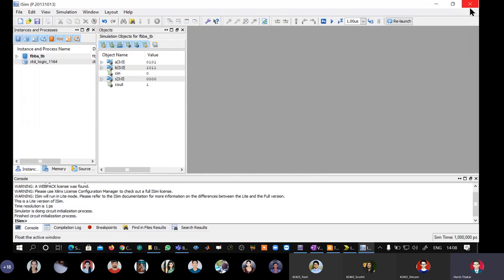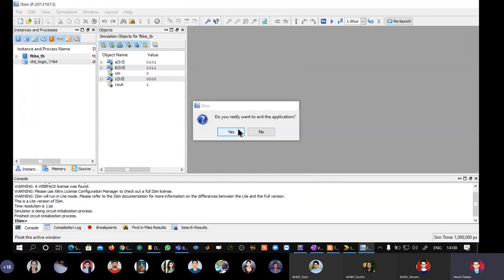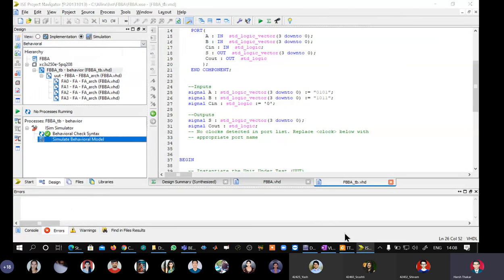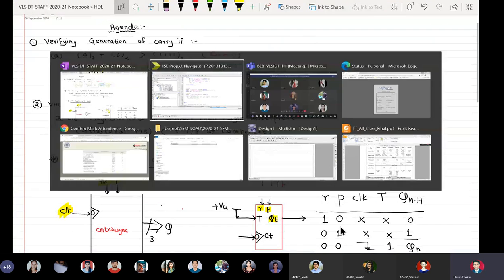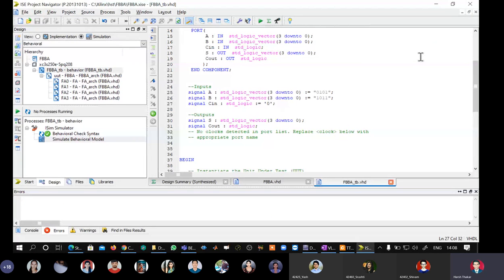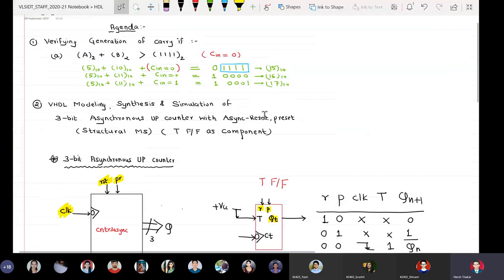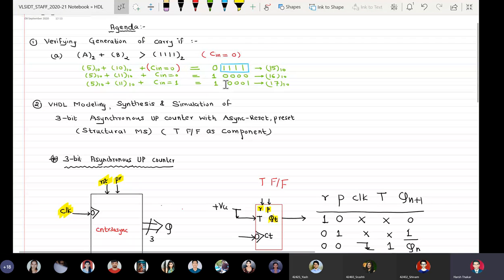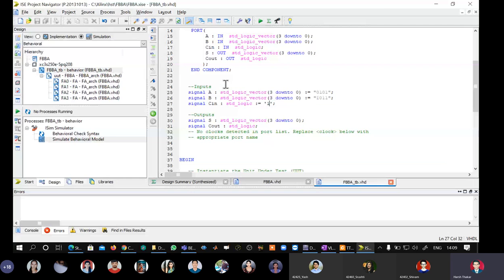Now again we will close this and we will see if the system is incorporating a carry, that is 5 plus 11 plus 1. So now I will make the C in as 1, and what I'm expecting is that I should get the sum vector as 0001, cout as 1, indicating that the summation is 17, that is 5 plus 11, 16, plus 1, 17.